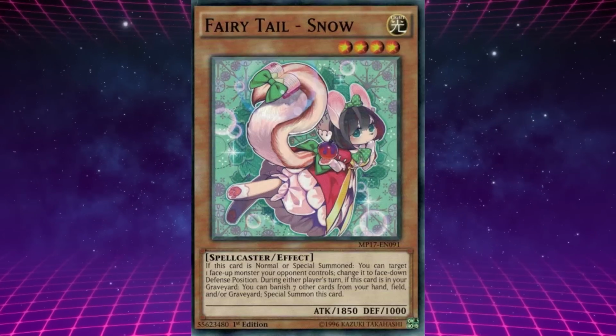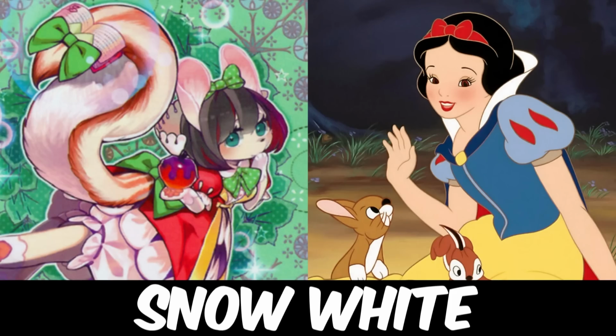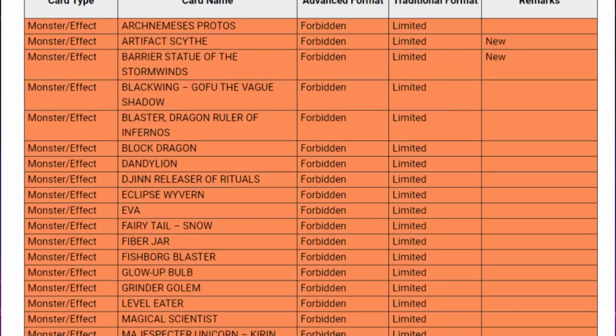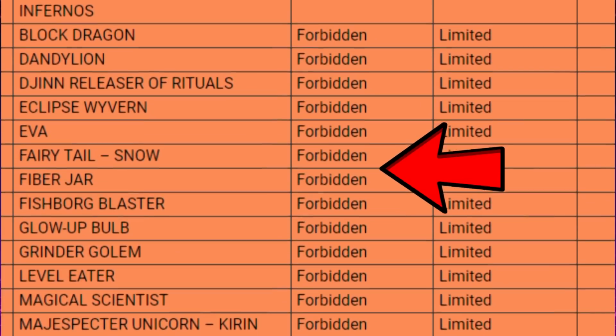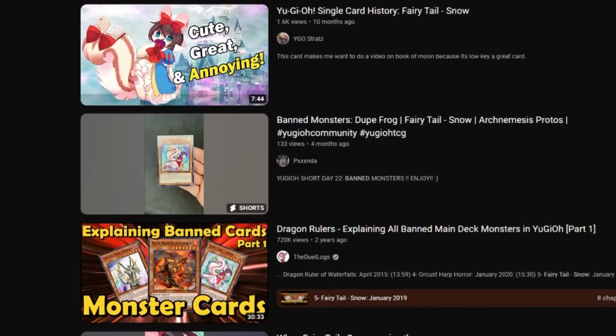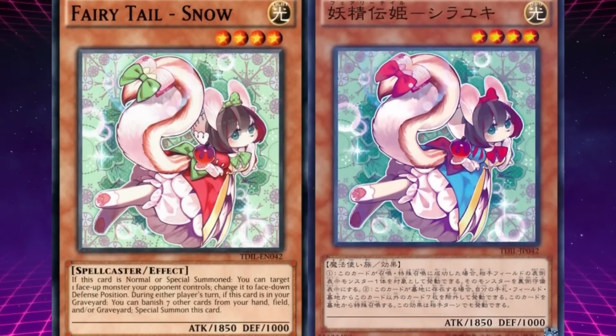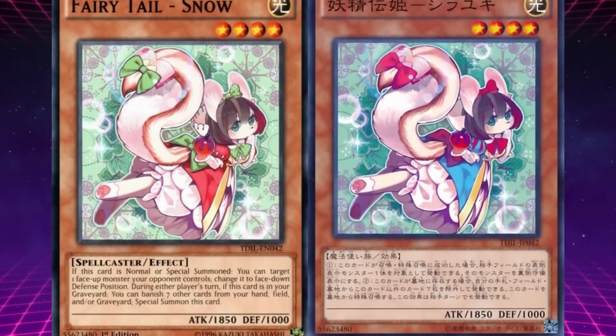First up we have Fairy Tale Snow, known in the Japanese as Fairy Tale Snow White. She is based on the tale of Snow White, and her animal form is that of a squirrel. She is the only member of this series to have a place on the ban list, due to its very annoying effects. And not only that, but it's also the only one to be censored for its international artwork, having